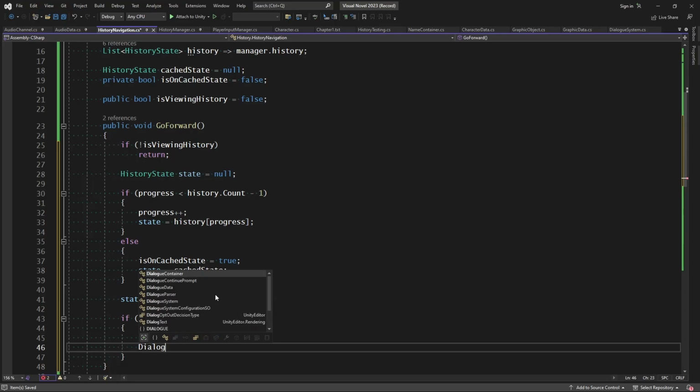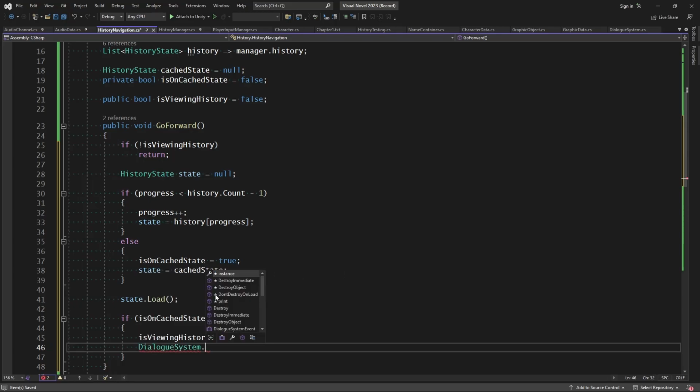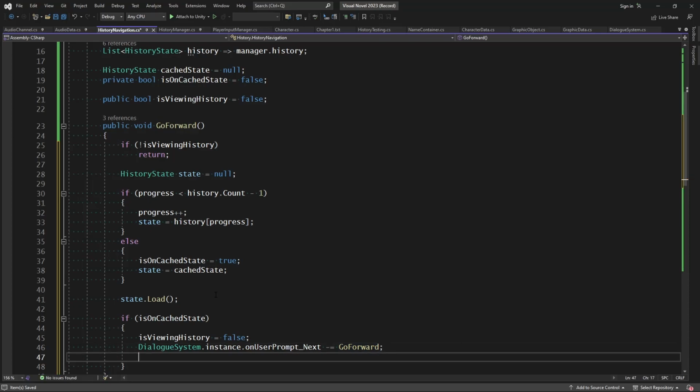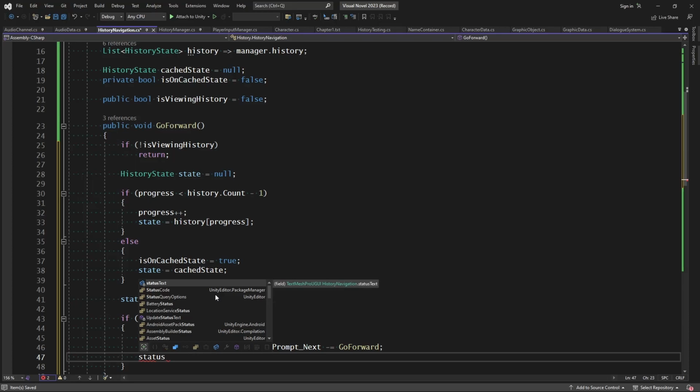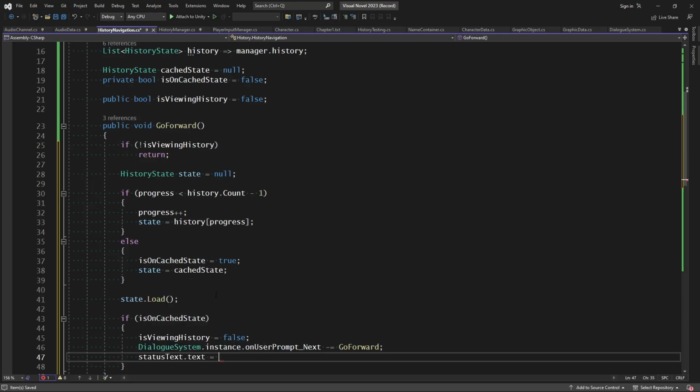So dialog system.instance.on user prompt next minus equals go forward. So we're relinquishing control right back to it. And our status text should equal